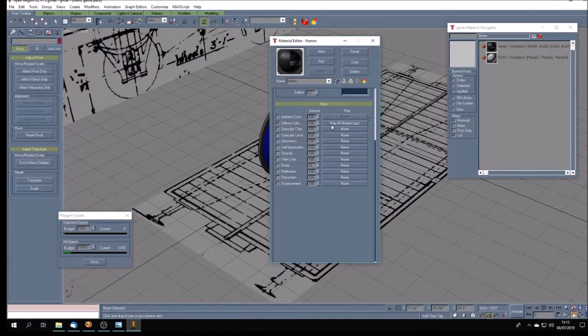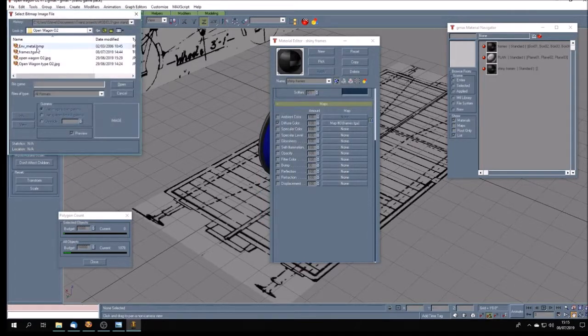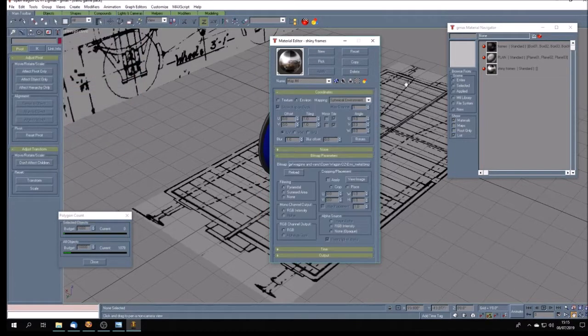Here it is, frames, and I want to make a copy of frames, but I'd like to call it shiny frames. And here's the reflection, and it needs a bitmap, and you use that, and you see I've got